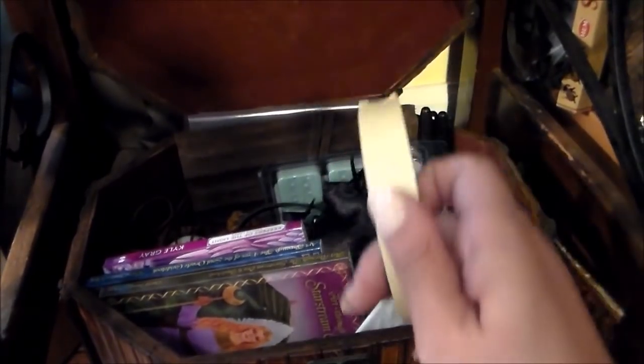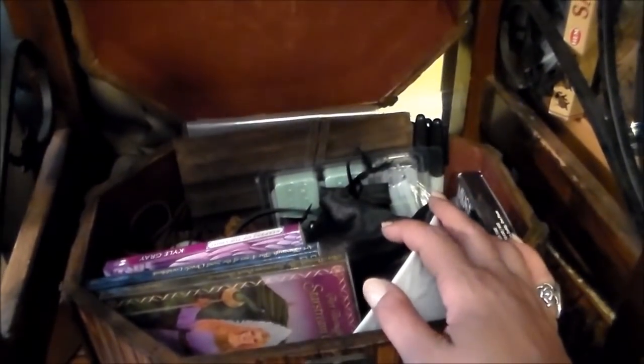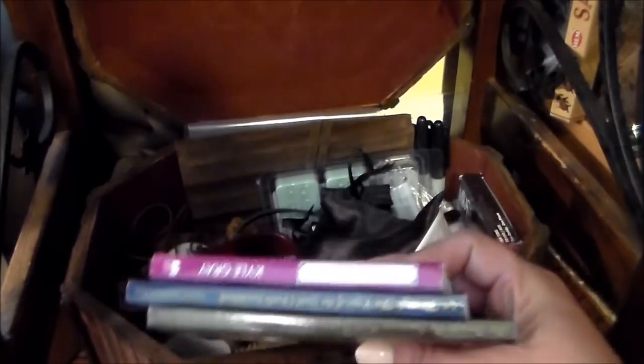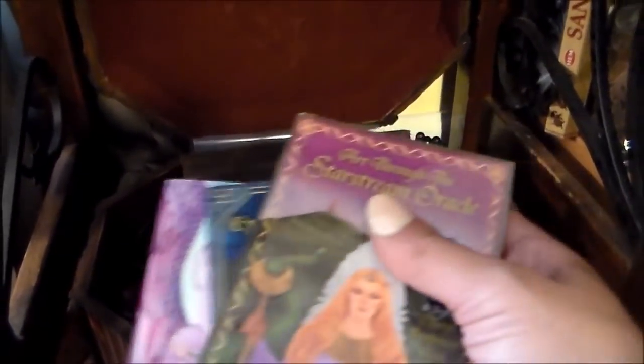And then right on top here too, I have my masking tape for labeling everything. Oh my god, always label everything, because if you're anything like me, you'll forget what it is when it's in there. I keep these books here just to have really easy access to, because I do actually really like to read